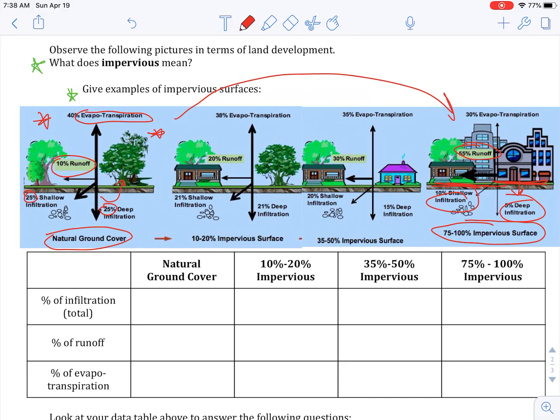Okay. What we'll also learn about here is if we have more runoff, especially now in the springtime, people are putting fertilizers and things on their lawns. Well, a lot of that's going to run off into bodies of water, and when we get into the nitrogen cycle, you'll see why that's a problem. Okay, so taking things from natural ground cover, where we're getting a lot of water staying in that place, to moving over to impervious surfaces and water not staying in that same place, has a lot of consequences.